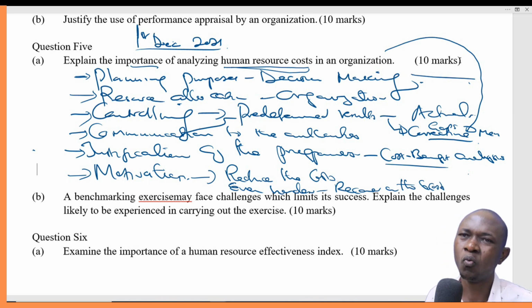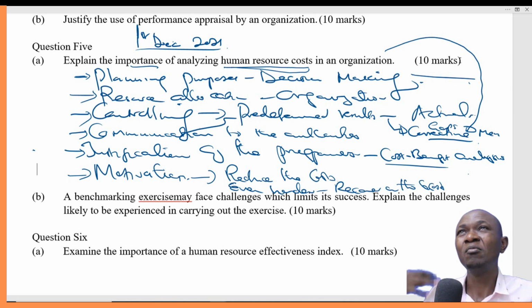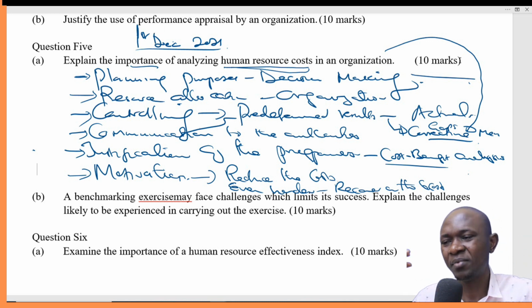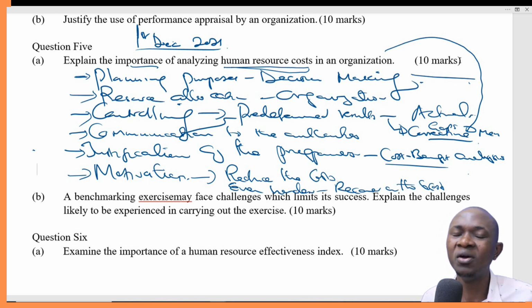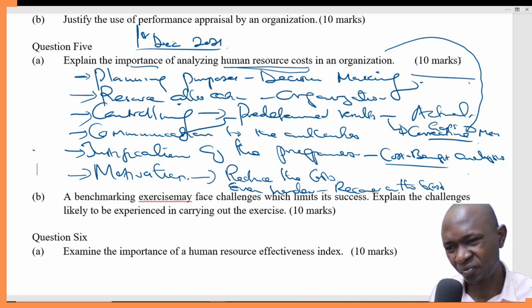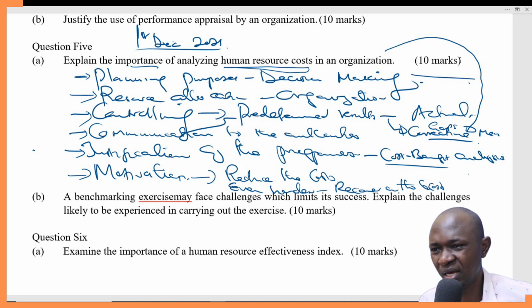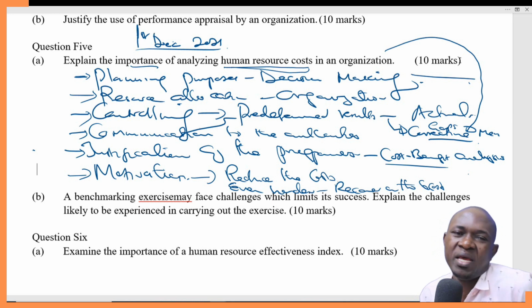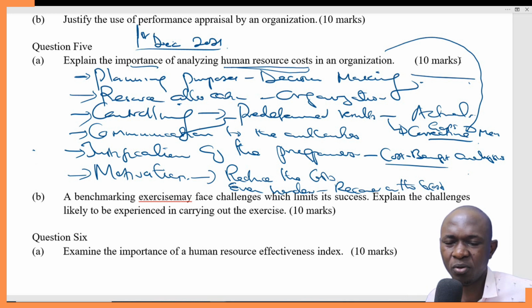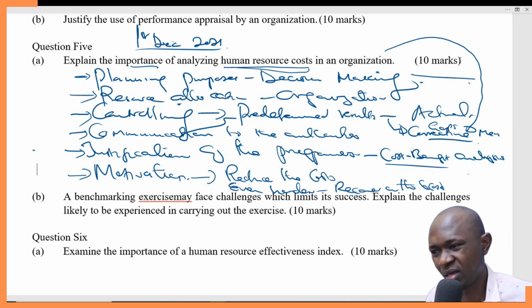We might be motivated to work even harder because the costs are high. Can you work harder so that we can cover these costs? Or if the costs are high, we might be motivated to work more efficiently and effectively to reduce the costs. So it can motivate the staff either way, if they know how much they are incurring in a project in terms of costs. If they are being paid highly, then they might be motivated to improve on their productivity, to justify their pay.